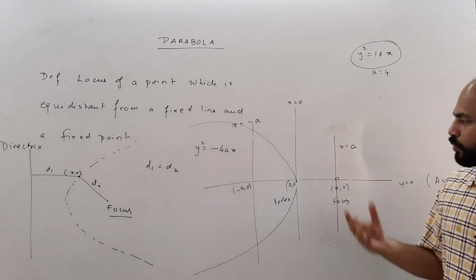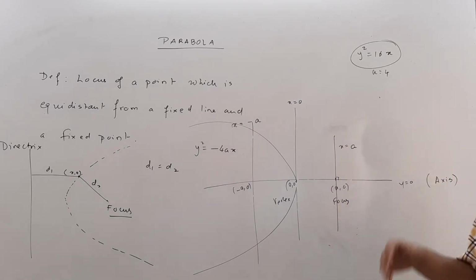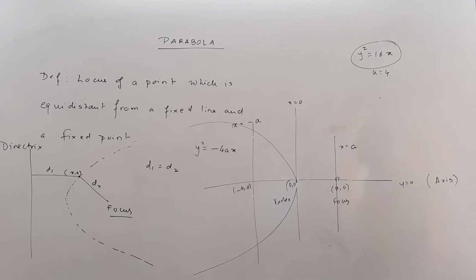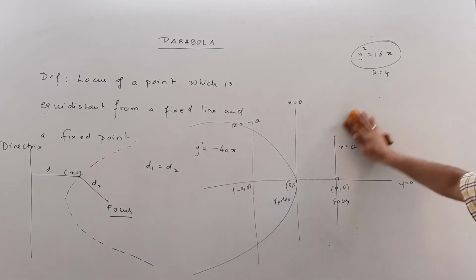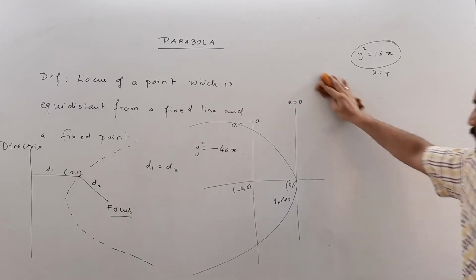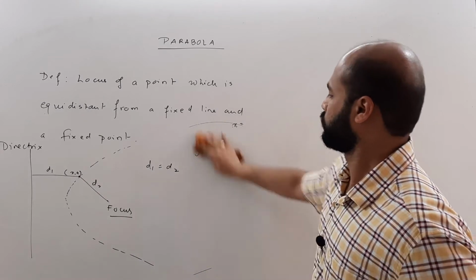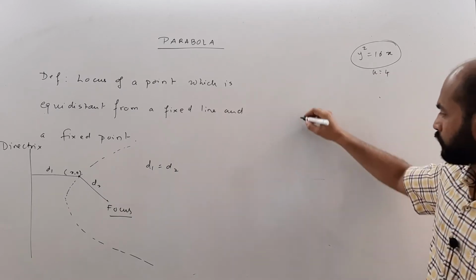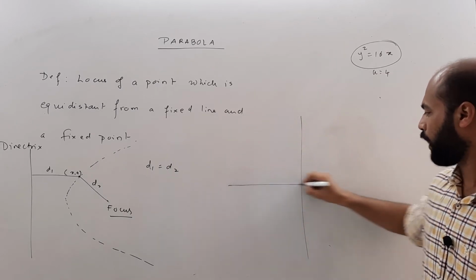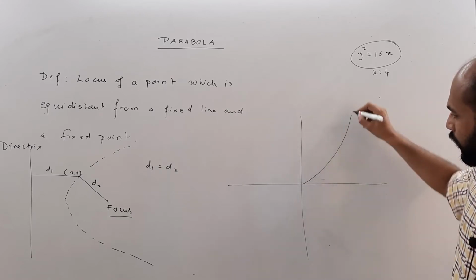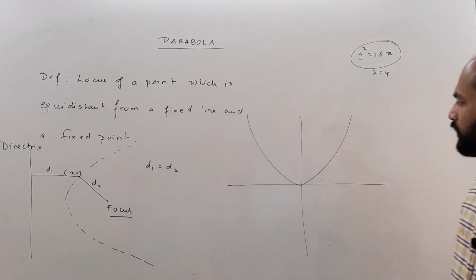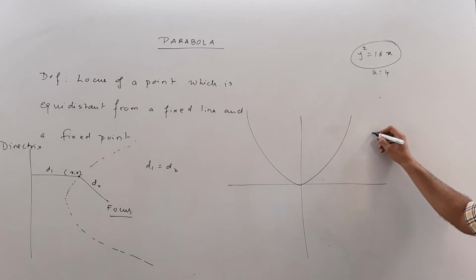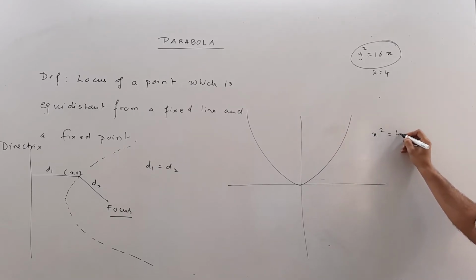So now that you have understood this, we can see the top parabola also, that is the upward parabola. If I have this kind of a parabola which is aligned upwards this way, then its equation is going to be written as x square equals 4ay, unlike the last one which was y square equals 4ax.